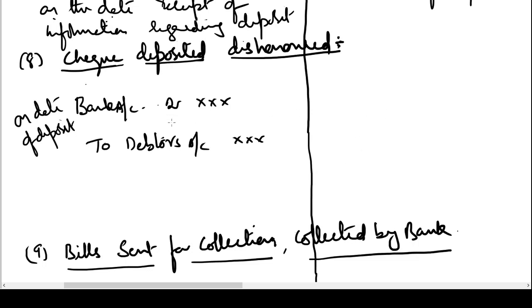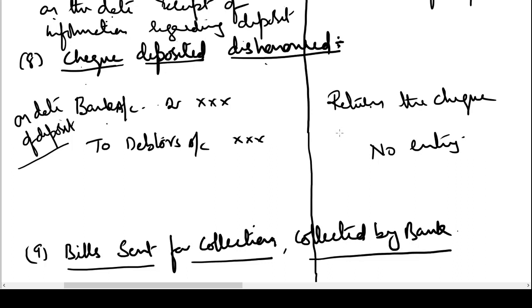Now, when will the bank pass entry relating to the deposit? The bank will pass the entry relating to deposit of the check only on the date of collection. So what we are saying here, we are saying check has been deposited but dishonored. So the check was never converted into cash. The bank was not able to collect money on that check. Hence, when the check is dishonored, the bank will return the check to the business and no entry will be passed in the books of the bank.